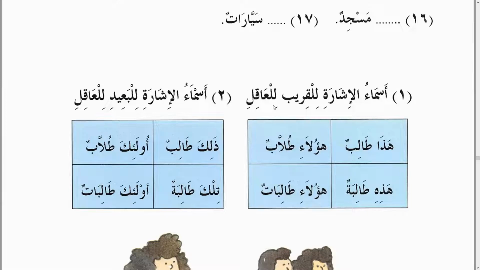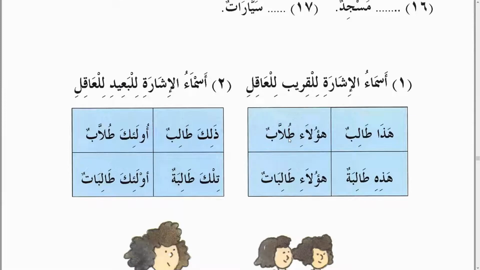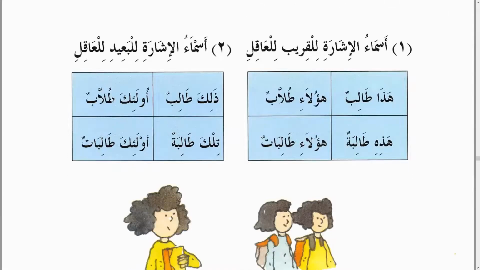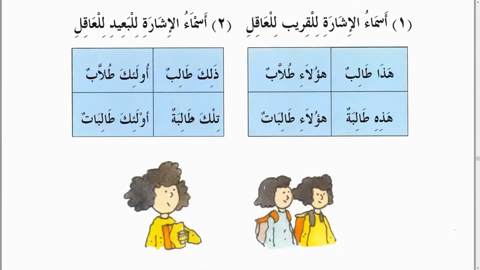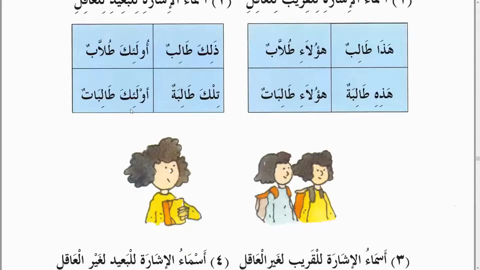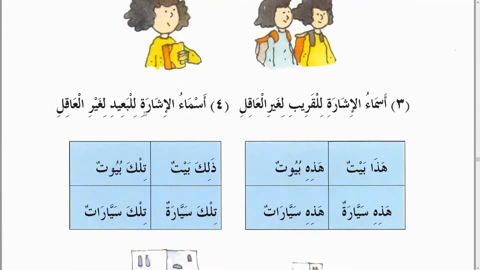Asma'ul isharati lil qarib lil aqil. This is for intelligent beings. Asma'ul isharati lil qarib: hada talibun, haulai tullabun. So haulai is used. Hadihi talibatun, this is a female student, and haulai tullab talibatun. Asma'ul isharati lil ba'id lil aqil again: zalika talibun, ulaika tullab. That is a student, those are students. Tilka talibatun, that is a female student, ulaika talibat. But when it comes to the ghair aqil,